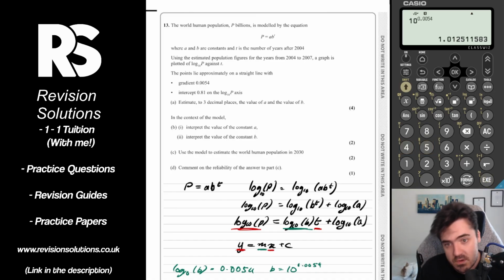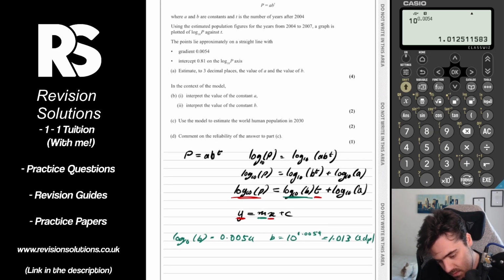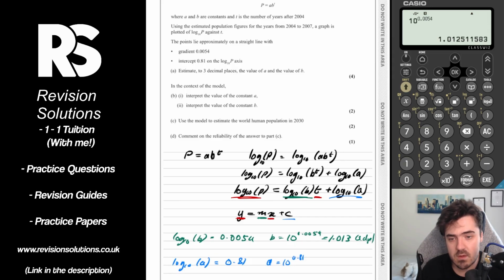What do we want to round to? 3 decimal places. That would be 1.013 to 3 dp. And then comparing our plus c, we can see that log base 10 of a must be the y-intercept, which is 0.81. So a must be 10 to the power of 0.81, which if we go back and change this,